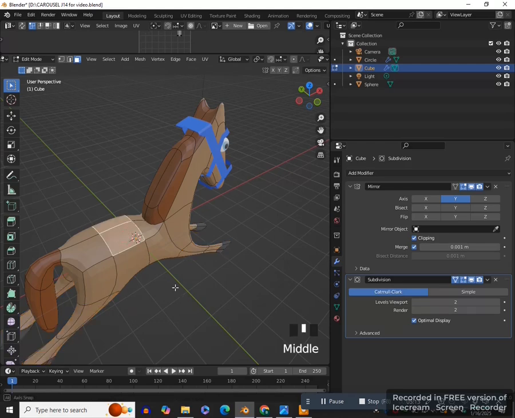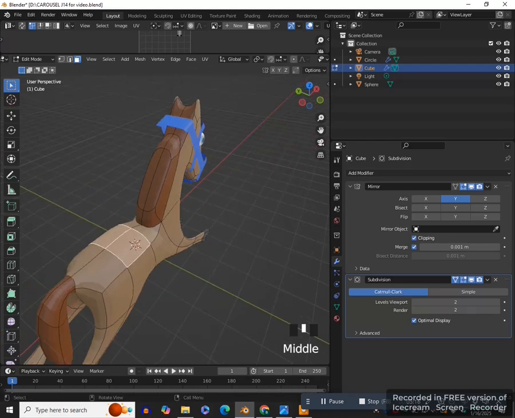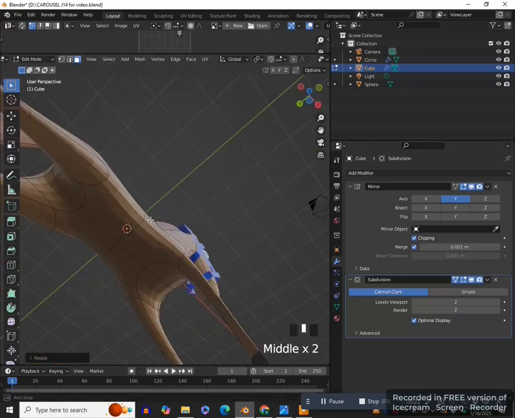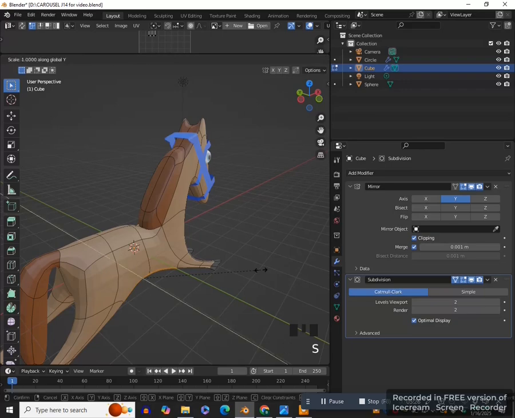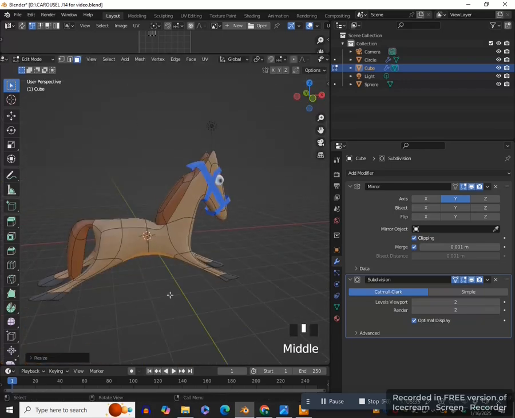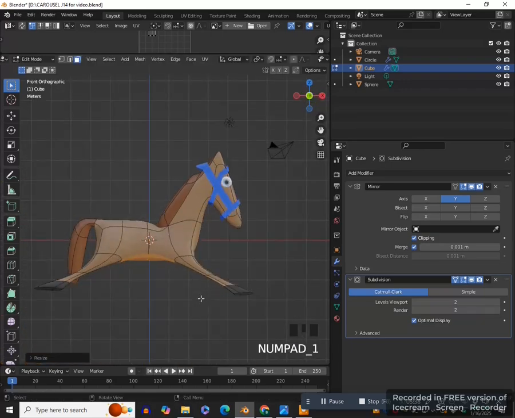So select this face here. I'm just going to scale this in on the Y-axis. Maybe select the bottom faces, do the same thing, scale them in on the Y-axis. Gives it a little better shape, I think. Okay, so